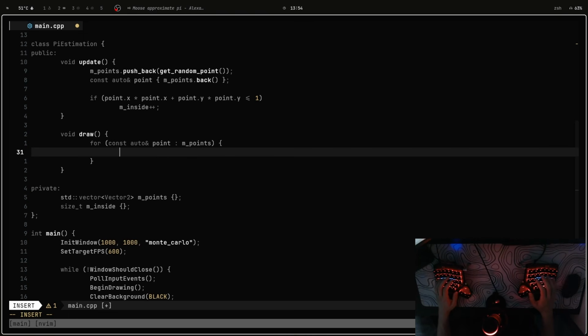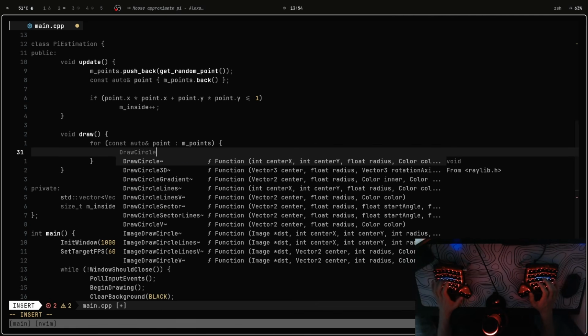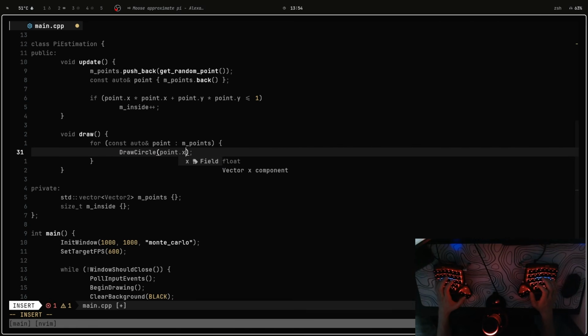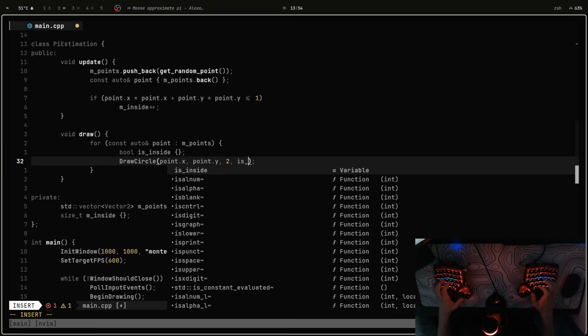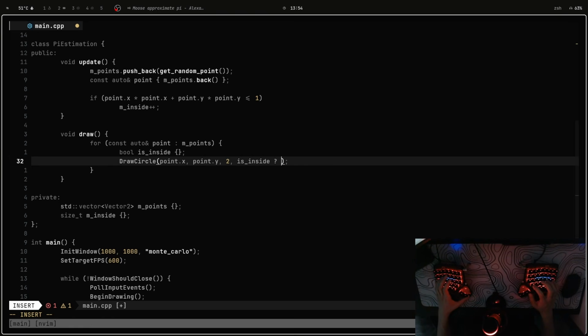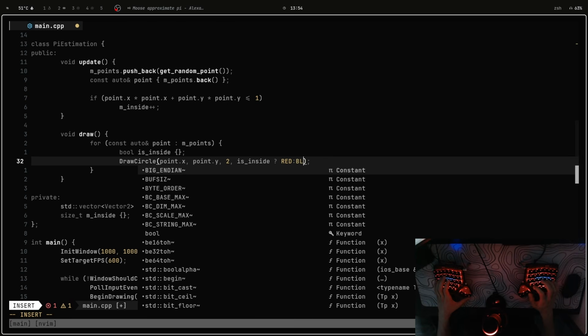So what we'll do is draw a circle on the point dot x, point dot y. Let's give it a radius of 2, and then we'll have to determine if it's inside. And based on that, we'll draw it in a red color if it's inside,